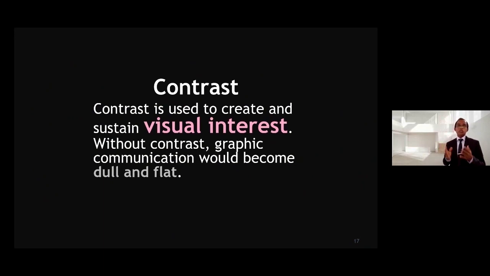Contrast is a great point. Contrast is used to create sustained visual interest. When you use high contrast, you can get more attention to your visual. At the same time, if you have low contrast, the message can be understood in this way also. Great contrast creates energy and clarity, but too much contrast will be confusing. For example, when you place many pictures in your presentation, it means too much contrast. Low contrast creates peace.